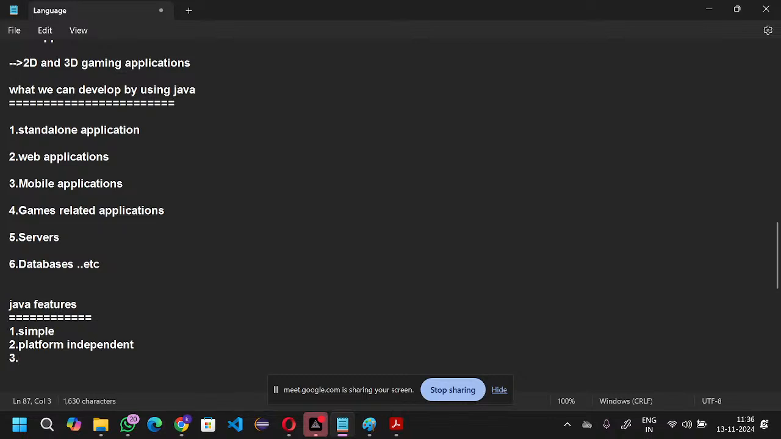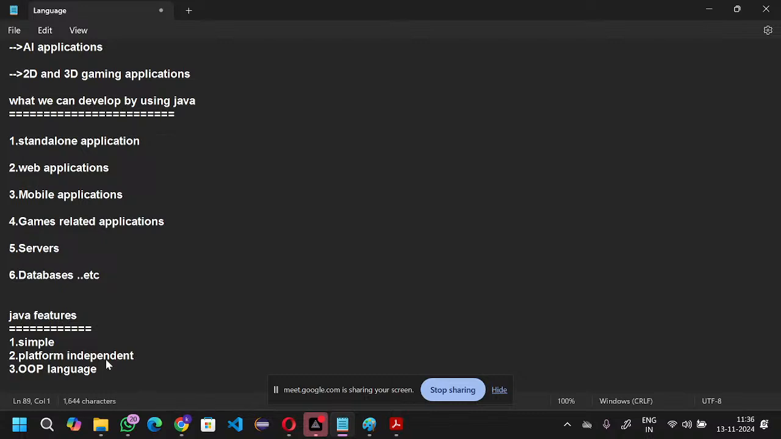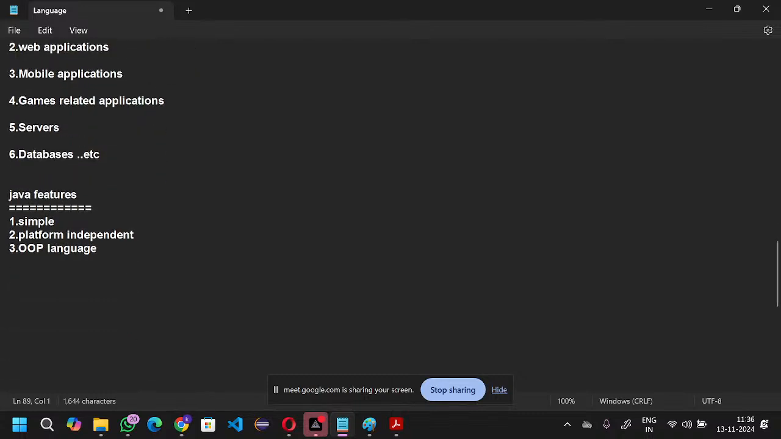The next point is Java is an OOP language, an object oriented language. In that object oriented language, I can generally categorize the OOPs in two parts: part number one and part number two. In the OOP language, the topics we generally have are class and object, and